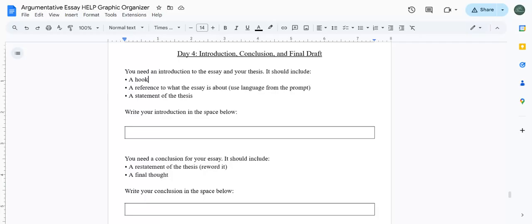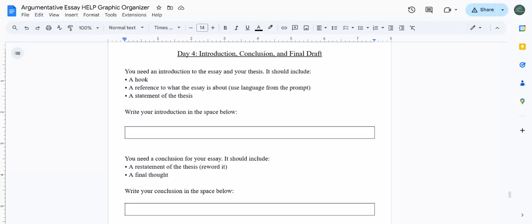All right, so a hook is something that I use to get my reader's attention. Good hooks for argumentative essays include facts. They include using lots of imagery. They include special quotes. Now, since not many people have talked about my dog, and since I don't have to, facts. Let's look up facts about Australian Shepherds.